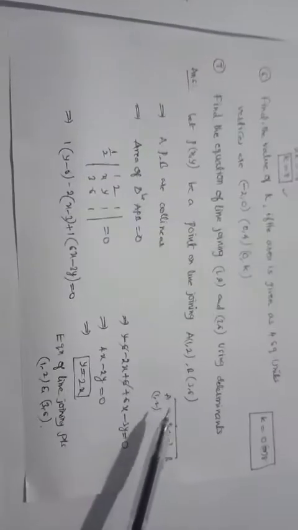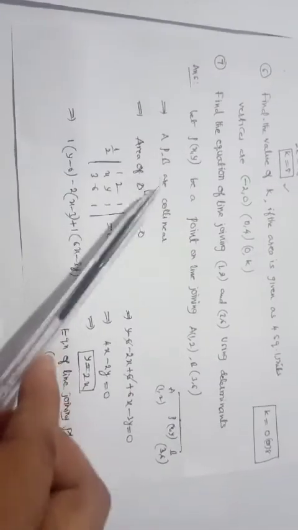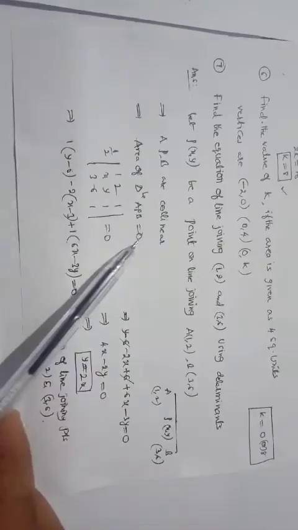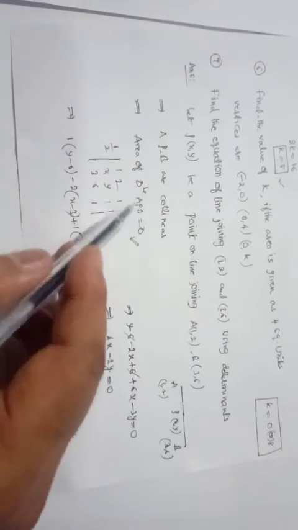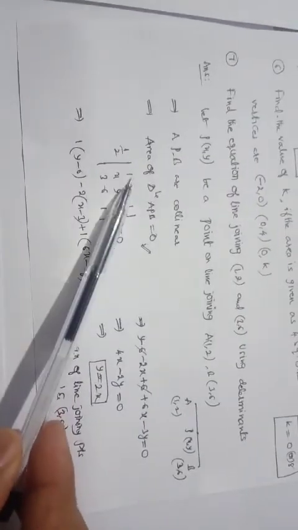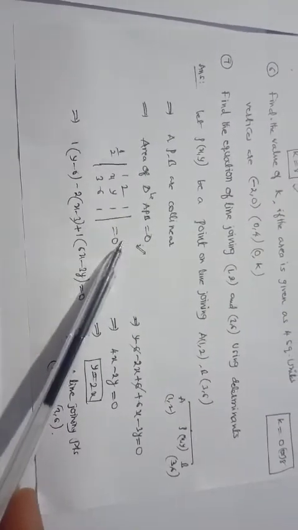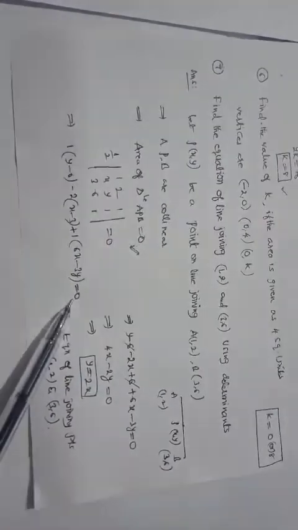Then the 3 points A, P, B are on the same line, so A, P, B are going to be collinear. Then the area of triangle APB is equal to 0. When collinear points are taken, the area of the triangle is going to be 0. Then applying the same formula, half into the determinant x1 y1 1, x2 y2 1, x3 y3 1 is equal to 0. We already know how to find the determinant. Sending this half to the right hand side, it will again become 0 only.